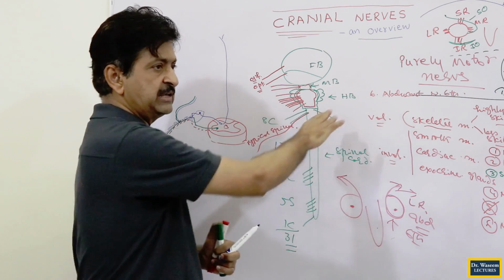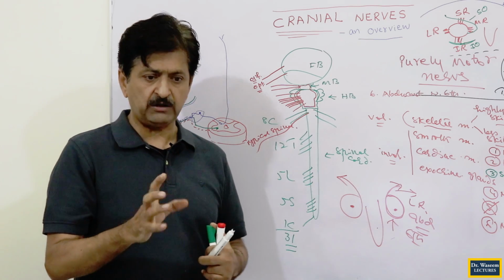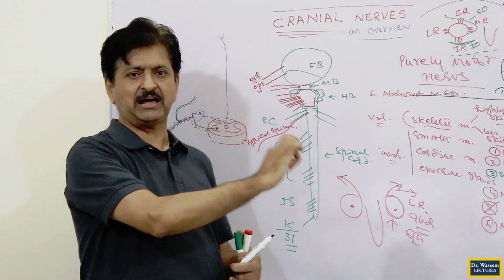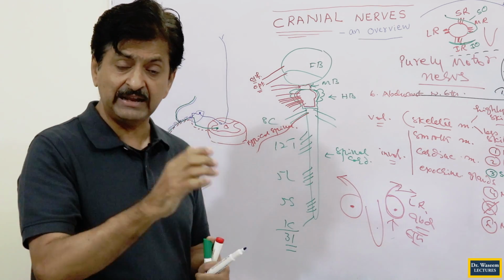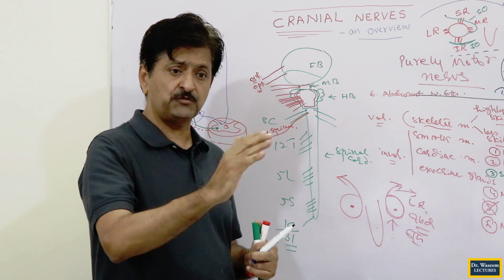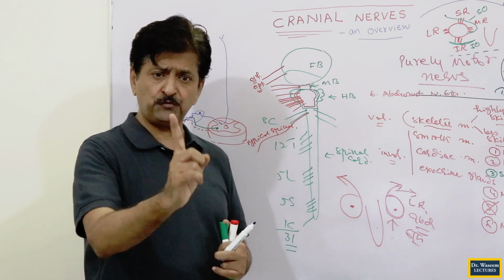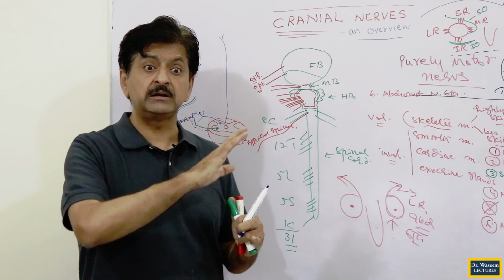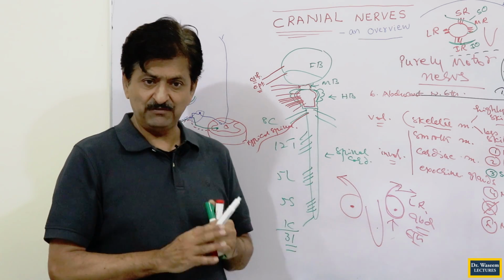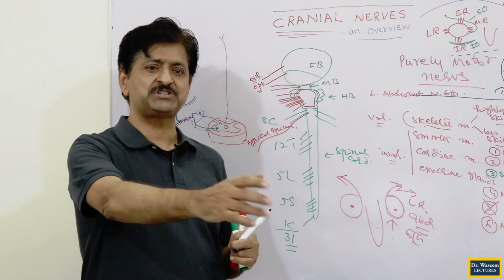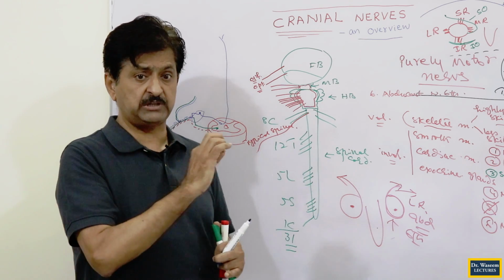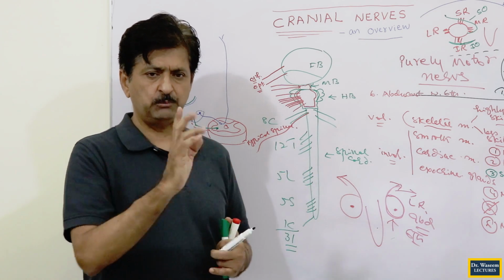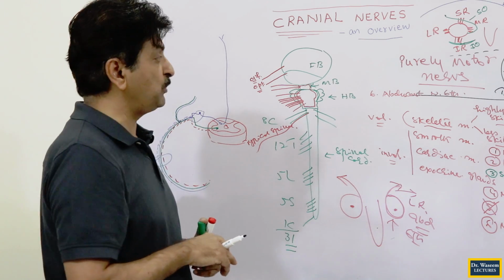But here, when you bring the abducent, which type of motor does it contain? Voluntary motor. Will it contain involuntary motor? Had it contained involuntary motor, I would still call it purely motor. But it does not contain any other motor fiber, not involuntary, just voluntary only, never sensory, not even visceral motor. That is why you could call it very purely motor, but we do not say very purely motor, we just say purely motor. So the number 1 purely motor nerve is the abducent.